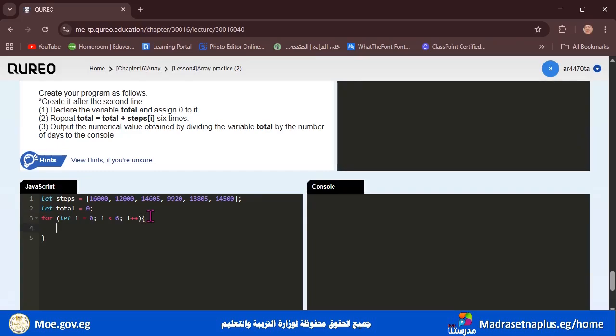click enter and write we want total to equal total plus steps.